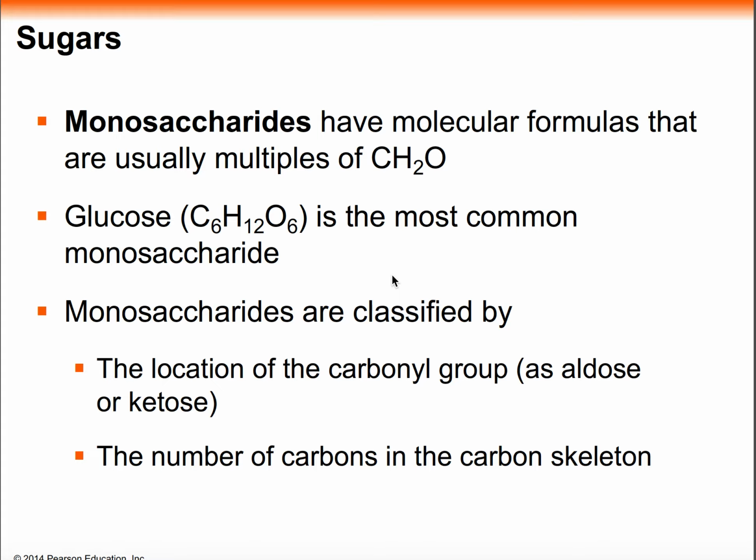Now, monosaccharides have got a unified collective molecular formula, which is CH2O. If you notice that CH2O, that is a 1 to 2 to 1 ratio of carbon to hydrogen to oxygen. So glucose, which is our most common monosaccharide, is C6H12O6. Now, when you see that C6H12O6, the carbon is in a 1 to 2 to 1 ratio, and this is always signifying a simple carbohydrate